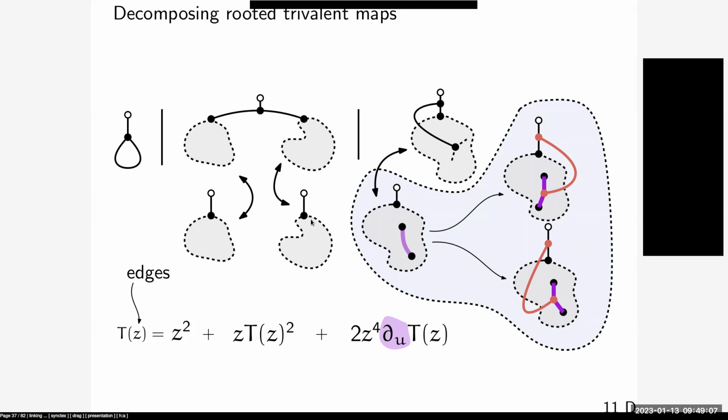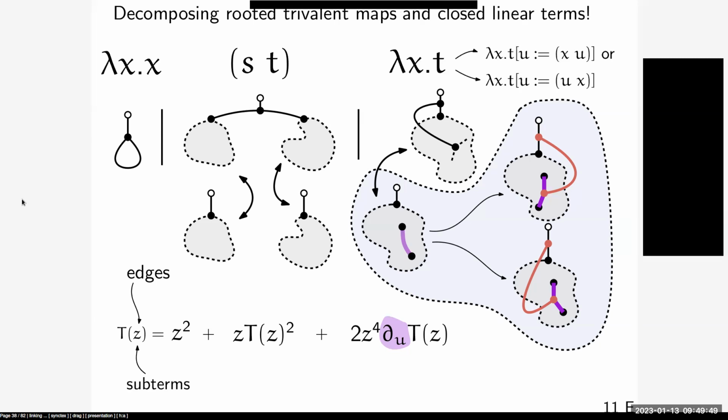map, we selected one of its edges, here colored in purple, sorry, and then we split it, so we subdivided, we introduced a new vertex here, and then we linked this vertex to the root. And so this process of splitting an edge and connecting it to the former root is exactly the unique way to obtain a map such that deleting the root vertex and its neighbor gives you a connected map, right? Because the neighbor of the root must be connected to something inside the body of the map. And so here we have a proper decomposition for rooted trivalent maps, but we can see here that this exactly